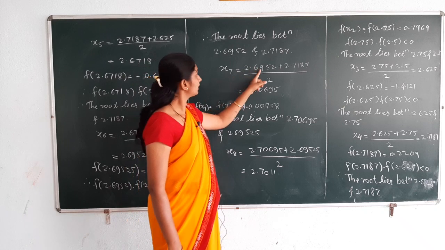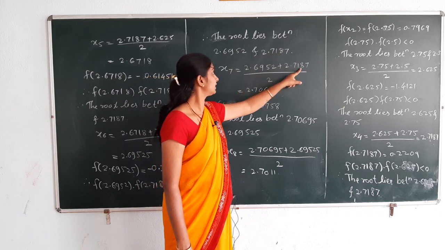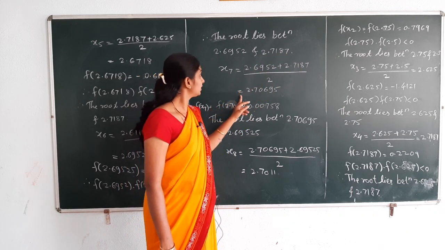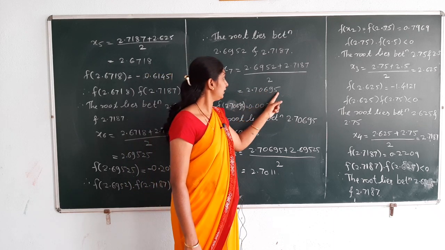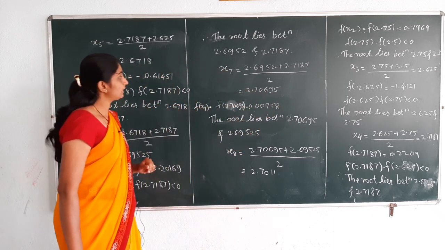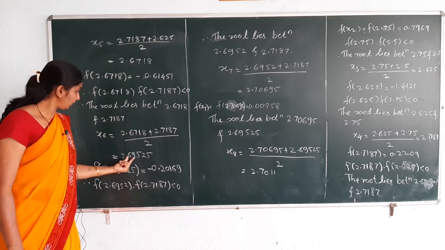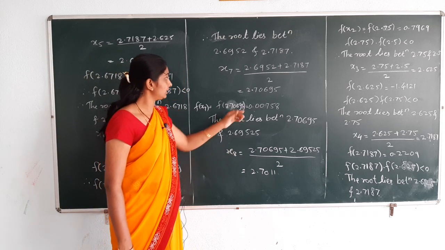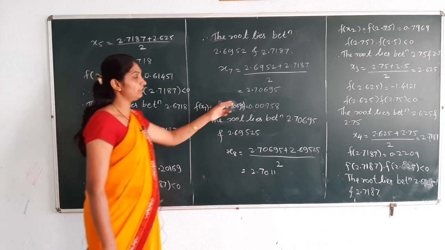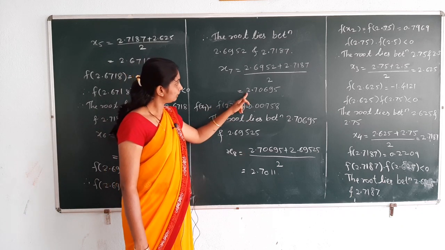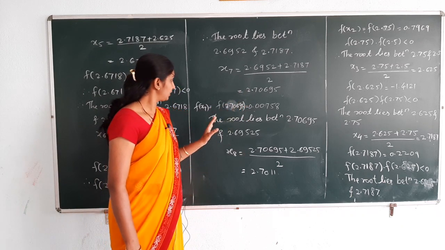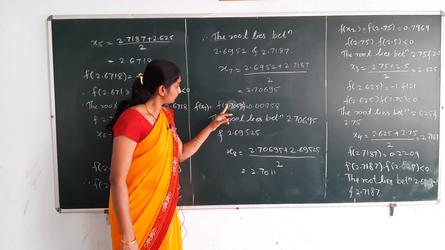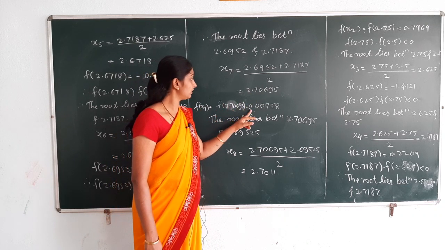Next, we calculate the x7, that is seventh approximation. x7 is equal to (2.6952 + 2.7187) divided by 2. This is our bisection method formula, that is (a + b) by 2, which is equal to 2.70695. x7 is 2.70695 and x6 is 2.69525. We again calculate x8 because here the values are not equal. When the values are equal, then we stop the approximations. f of x7, that is we put x is equal to this value in the above function, f of 2.70695,